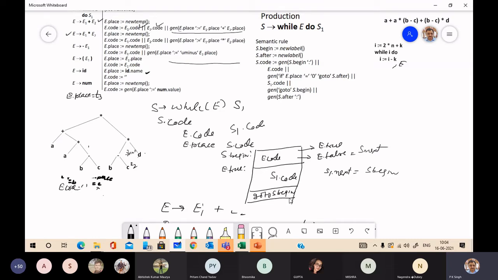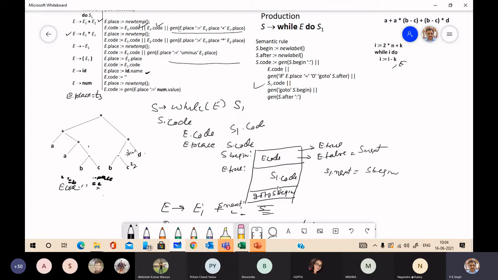So this is the skeleton of the code produced by this syntax directed translation scheme. And here we have S1 next, S next. S next is here, and here we have code related to other statements after this statement.